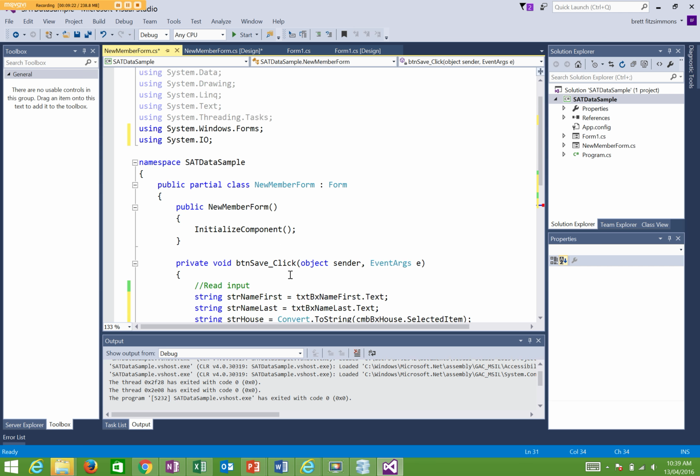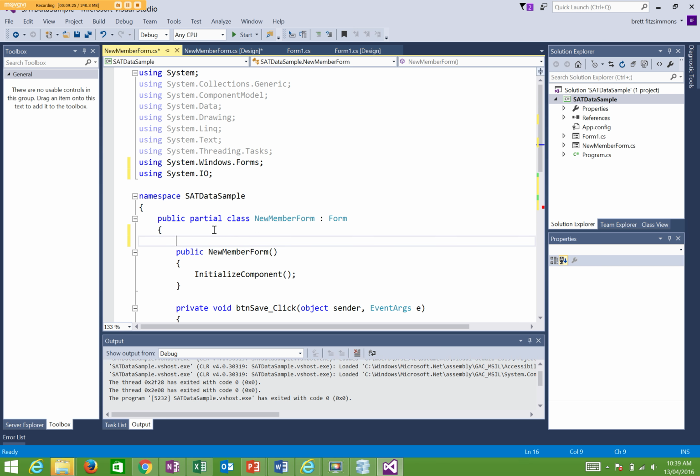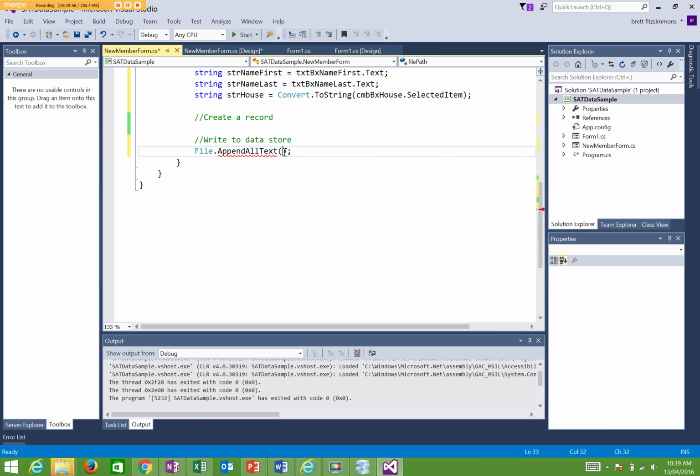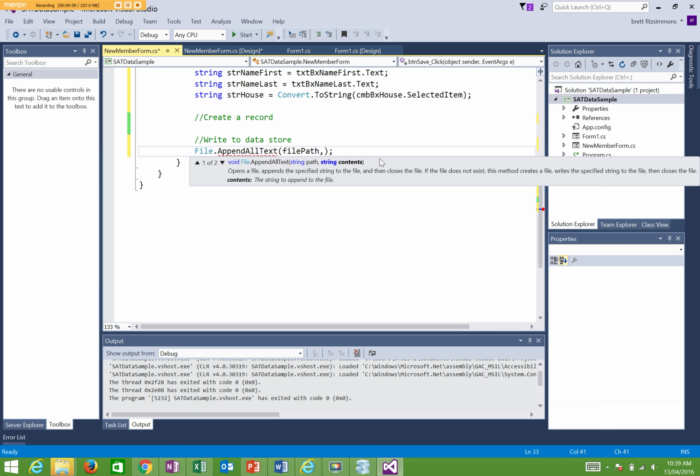Right, but first of all, let's go and create a path. So we'll come up to inside the top of the class, and path is just a string. Let's call it filePath equals members.csv. There we go. Where's they put the V? There it is. Cool. So that's the file that we're going to write to. So that will be a variable that we'll need to use throughout the program. So, right, so let's come down and we'll give it that, but we also need something to actually write. We need a string